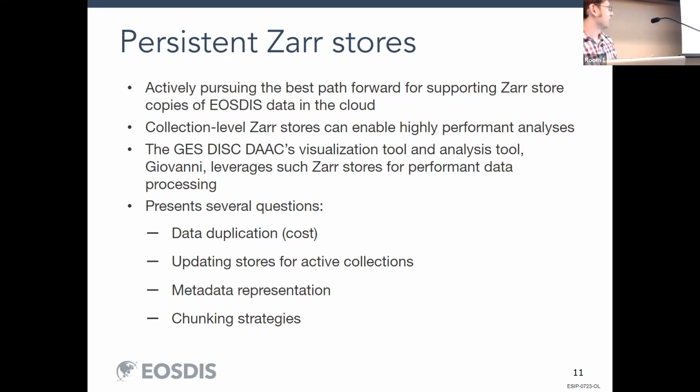So you have a collection, you have variables in that collection, you make the Zarr store once, providing that it's a stable collection that isn't having more data added to it. And then you say, hey, users, here's your Zarr store. You don't need to make it. We've got it for you. On the surface, you're creating it once. You don't have 100 users trying to create the same thing. That's great. But there are other implications, like the duplication of the data,